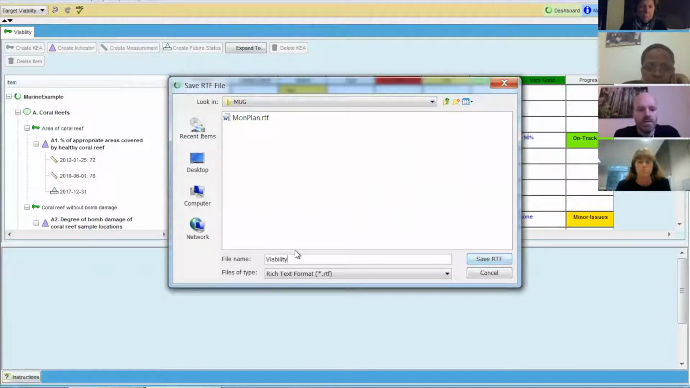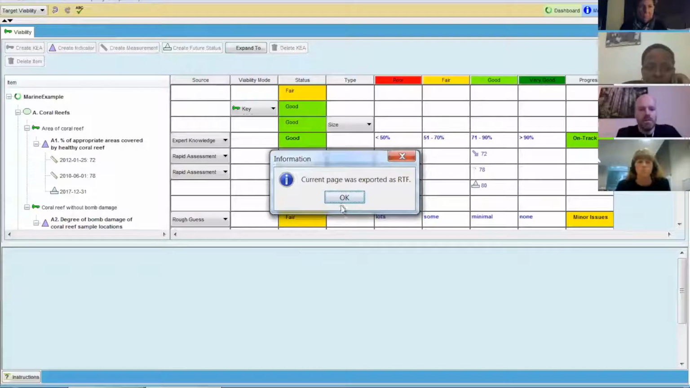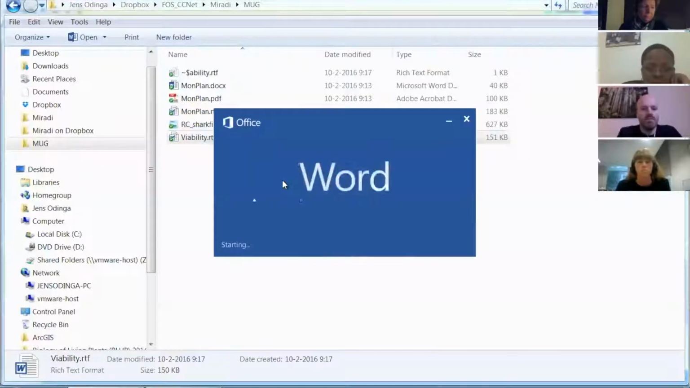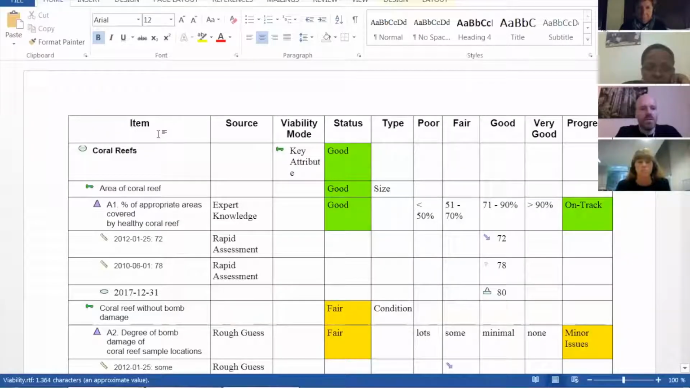Viability, oops, my typing's a bit off. Okay, and same as before, you can imagine I've just got a table here, and it includes the icons, the colors, and everything, and you can do your fiddling of the formatting and contents and whatever you like. From here, if you want to, no, actually, I'll give another example later. Hold on. So this is the viability table